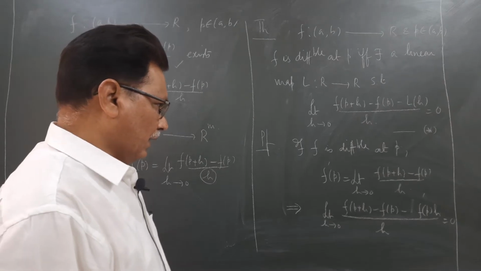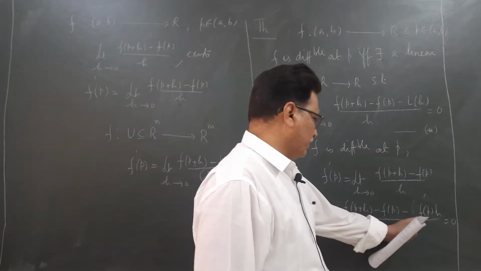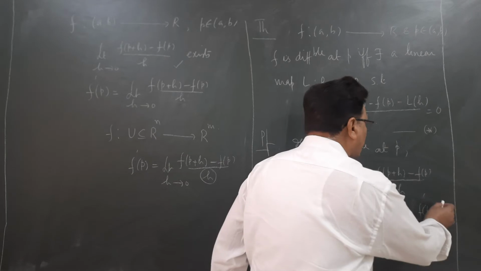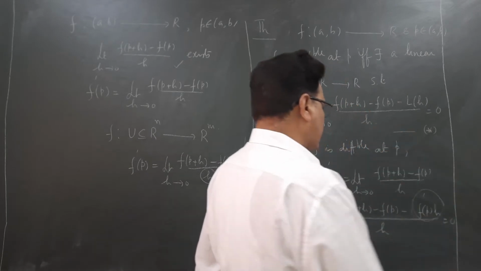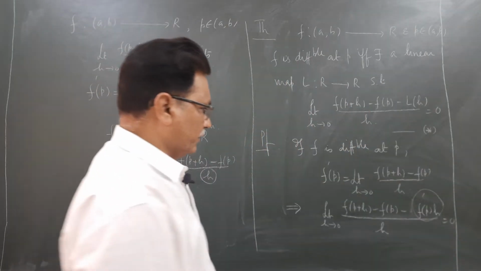Okay. Now, what do you observe here is that this quantity is a linear function of h, because f dash